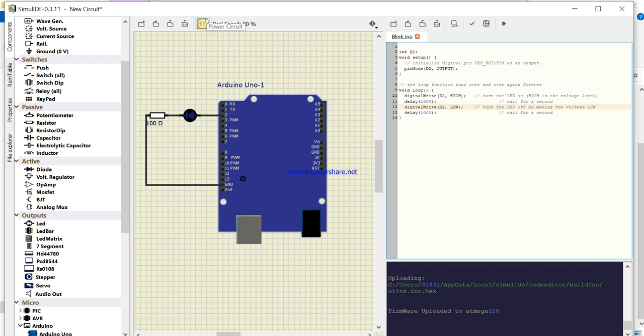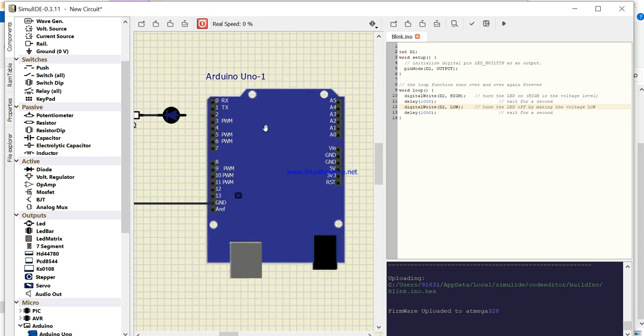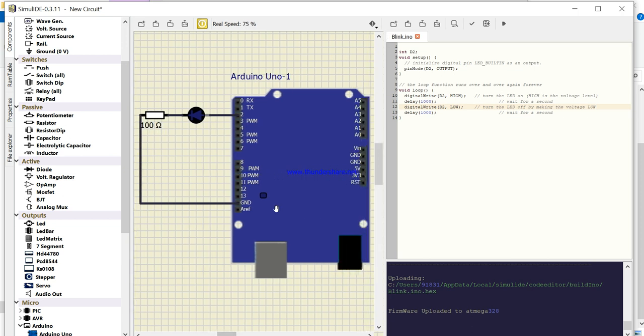Now run. Why is it not working? Need to check.